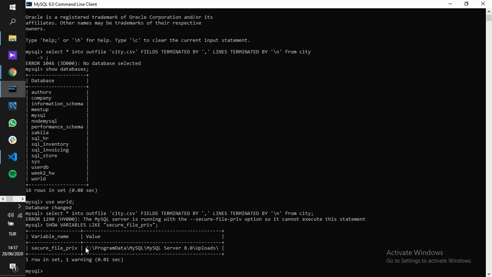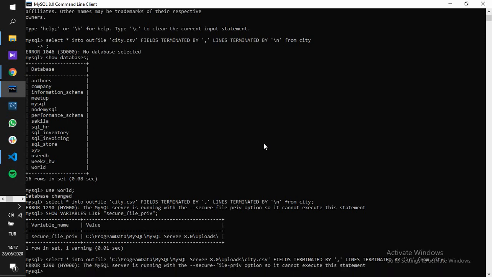So this is a path, as you can see, and I am copying this with Control C, and I will add this path with the city CSV, as you can see here, inside these single quotes, and I paste it. So I have a path like this, but if you execute this command, you will have an error also, I think. Yes. What you have to do is just